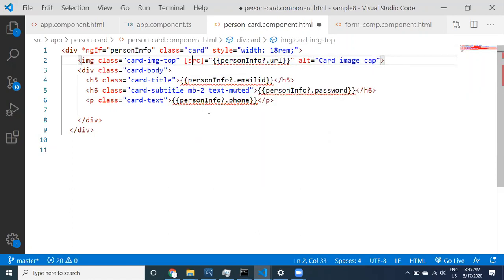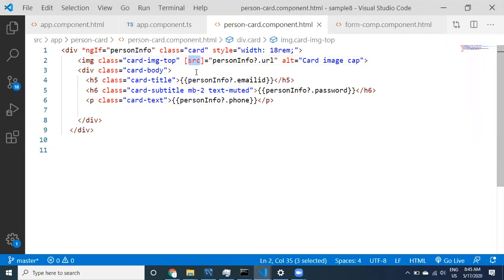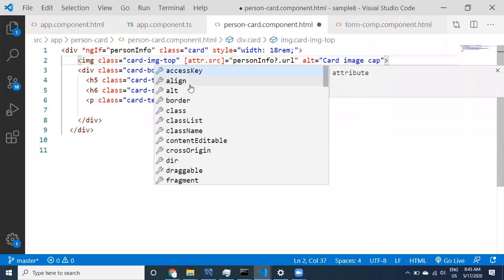Let's look at it. When you are using property binding, you can remove this one. If the image has no property, if the image has only attributes, then what do I need to say? Attr, yes sir, attr src I need to use.